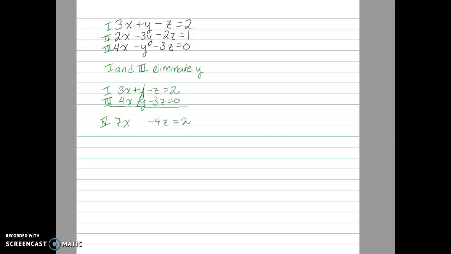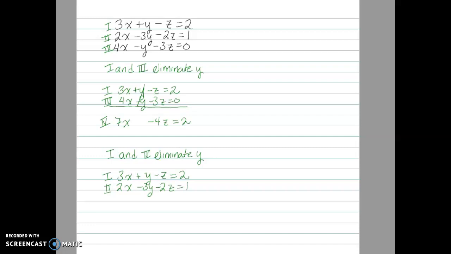I have to use the second equation because I haven't used it yet. But here I'm going to pair up the first and the second equation, but still eliminate y. So it's very important that I eliminate the same variable. Here I am rewriting. And you'll notice here that the y's aren't going to eliminate right away because the coefficients for y are not